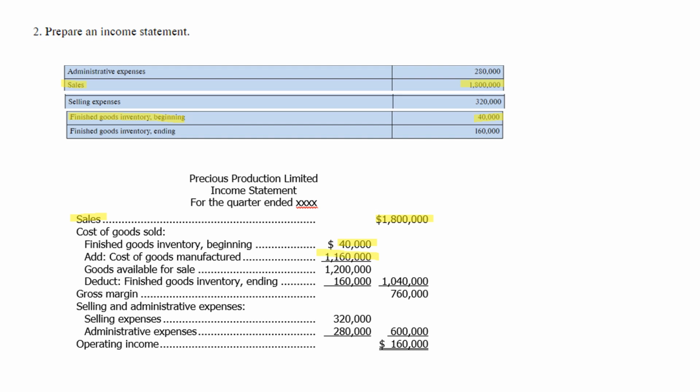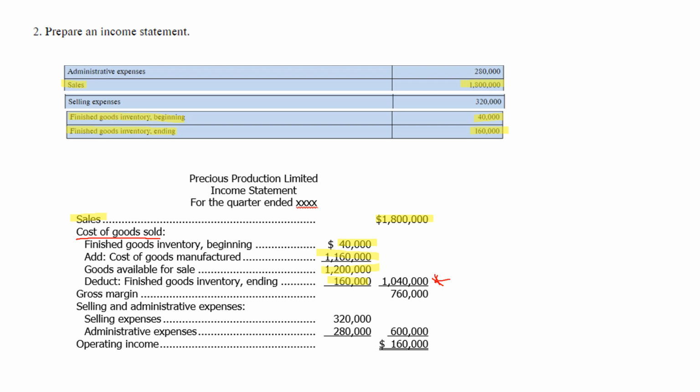So this is everything we manufactured during the quarter that's ready to be sold. So together we have our total goods available for sale of 1.2 million. To figure out what we actually sold, we'll have to take out our finished goods inventory of 160,000. So that's what's still sitting on the shelf unsold. So if we take that out, we know that our total cost of goods sold, which is this one right here, is this